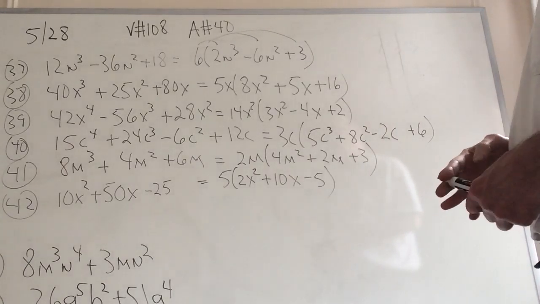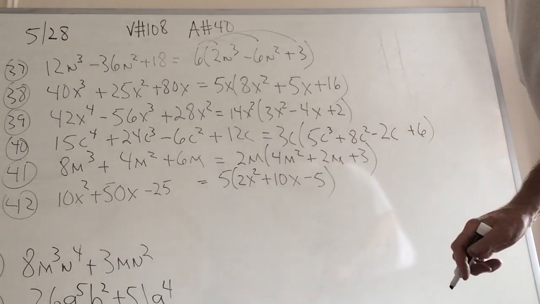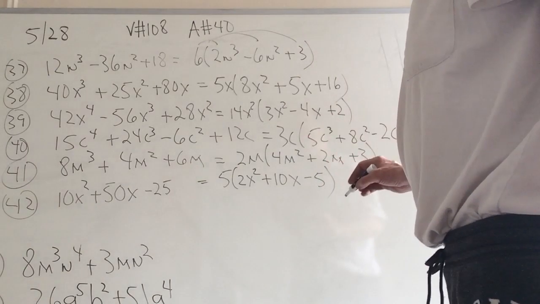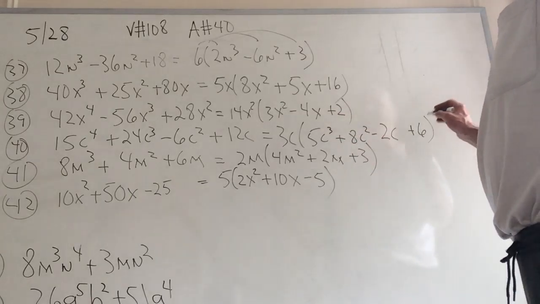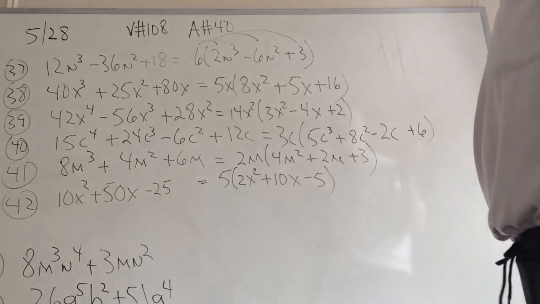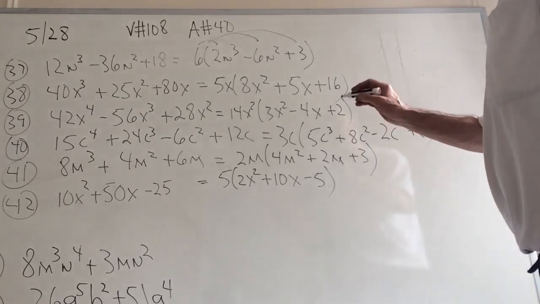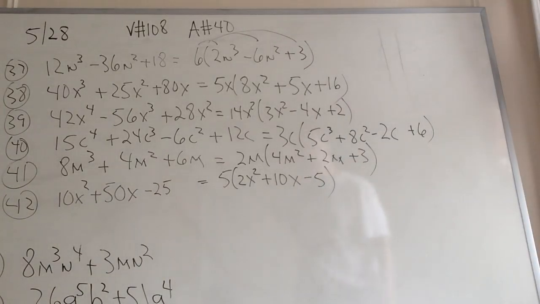Number 40, there are 4 terms here, 3, 4, 5 terms. It doesn't make a difference in math. And as we can see here, I extracted 3c, and if you multiply backwards, 5, 8, 2, and 6, taken together, are coprime, because no one number except 1 divides all 4 terms. This works for 5, 6, 7, 8 terms. So you can see I have that. You can work it backwards as we go. Let's see. This would be